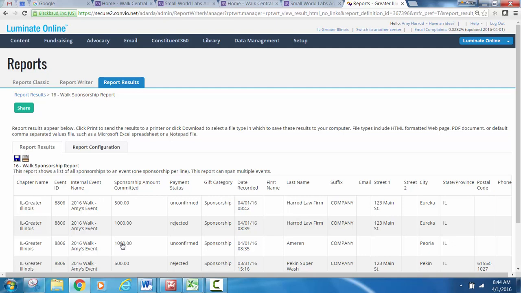But this report will give you the payment status. So here's where you will want to check on those unconfirmed, and if they've been sitting out there a while and you have sent in the payment through a check and all of that stuff, you can check with Donor Services on the